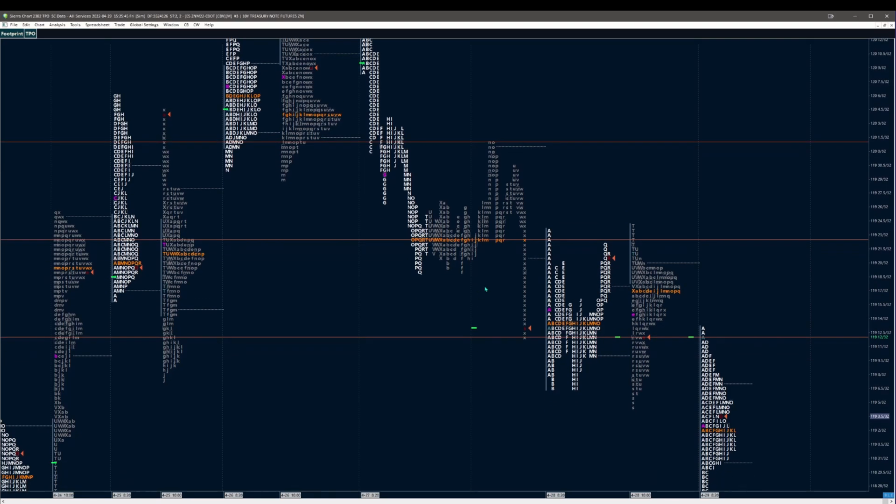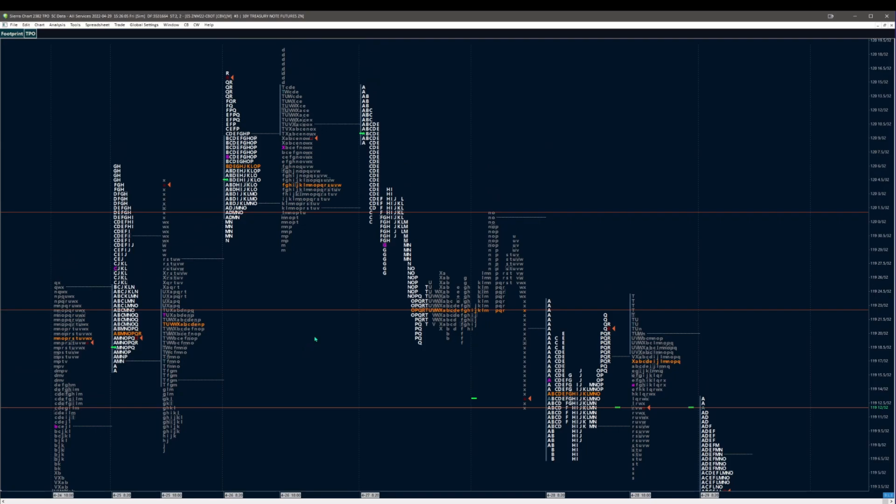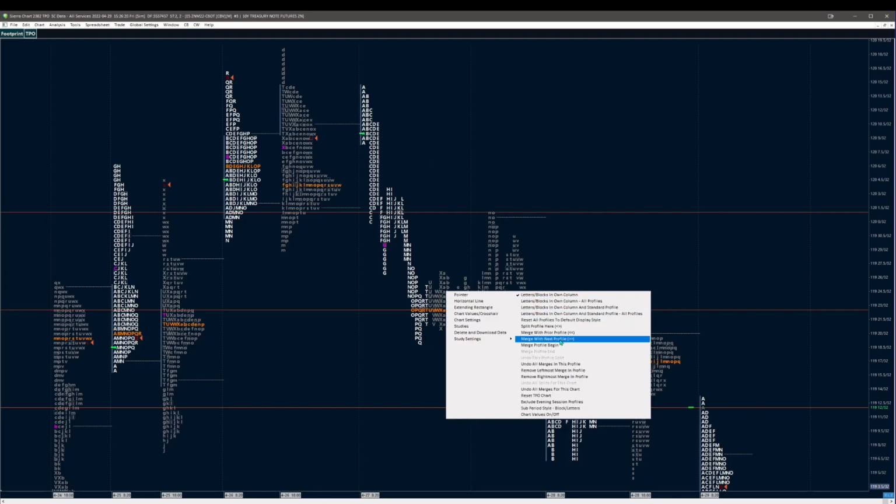And so just to reiterate the important thoughts when planning for your coming sessions, you want to look at the previous day's information of value, how value has been migrating, the size of the value, the value highs, value lows, the high of the profile, the low of the profile, our points of control, the 50% of that profile, the shape,